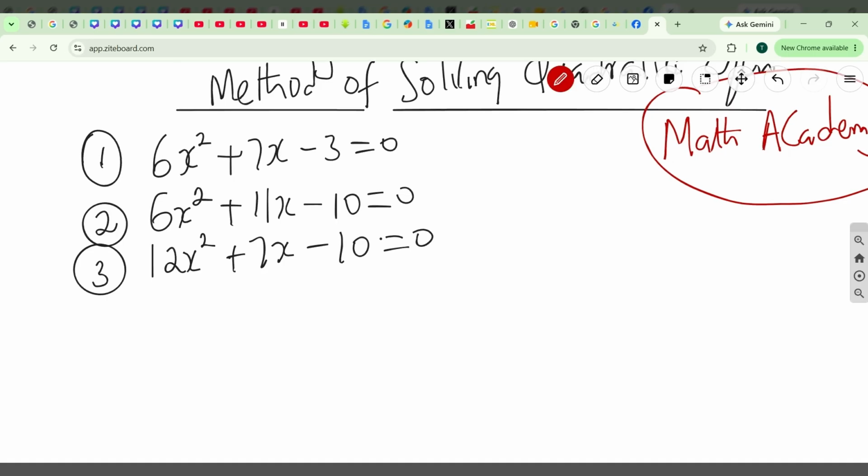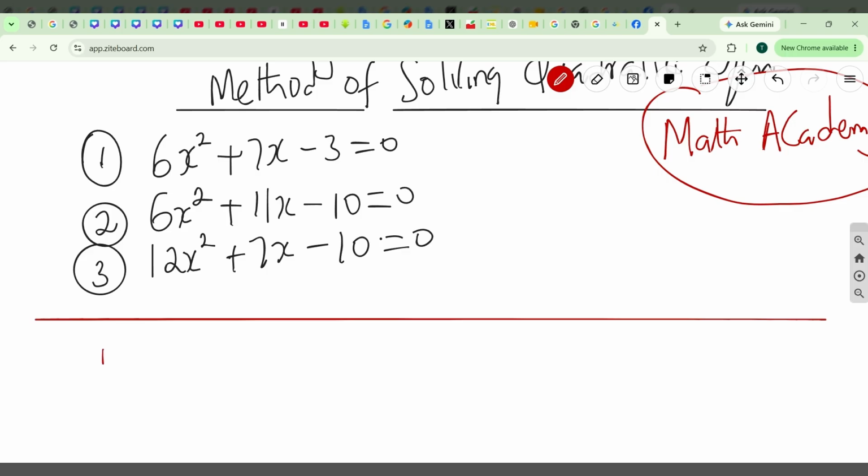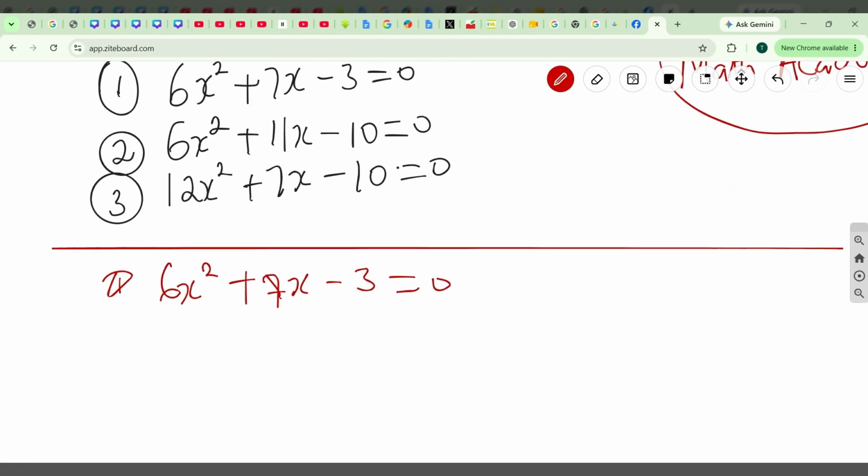Okay, now let's solve the question. Question one says 6x squared plus 7x minus 3 is equal to 0. The first thing you need to do here is to make sure that the coefficient of x squared is 1. Since the coefficient of x squared is not 1, I have to use 6 to multiply negative 3. So 6 multiplied by negative 3, rather, not just 3,